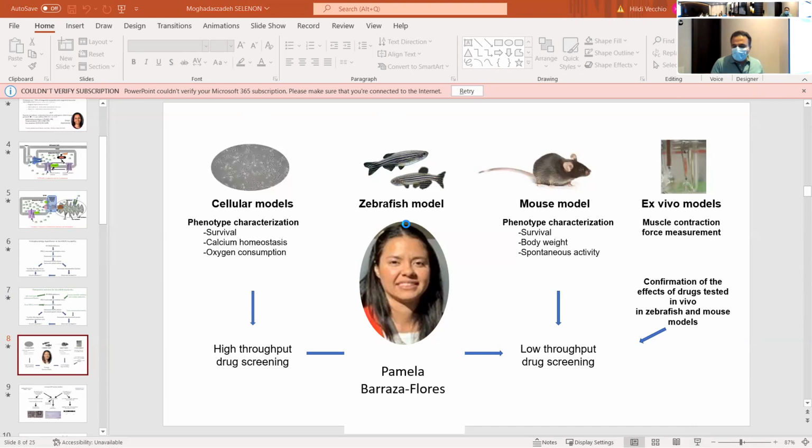models. So we have cellular models, zebrafish models, mouse models, and even ex vivo muscles, where we excise a muscle from the mouse and, ex vivo, we can measure its activity and its force. So in the Behzad lab, we are working on all these aspects, and something that I'm very excited about in terms of cellular models is